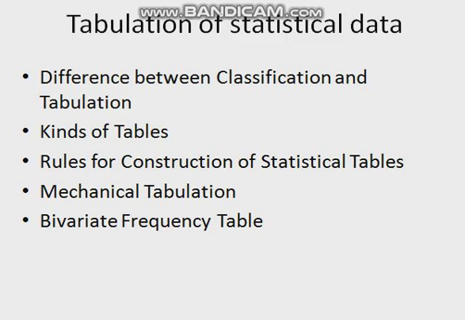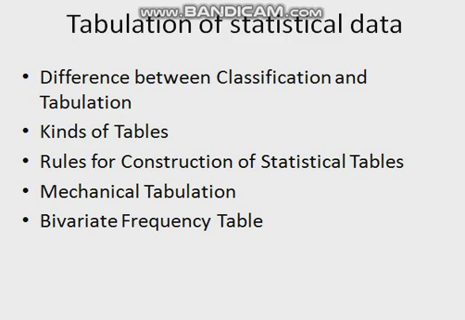On the basis of origin, tables are of two types: original or primary table, and derivative table. An original table is one which contains data in the same form in which they were originally collected. Such a table is also called a classification table. In a derivative table, the original data are not presented, but it presents totals, averages, percentages, ratios, coefficients, etc., which are derived from the original data.